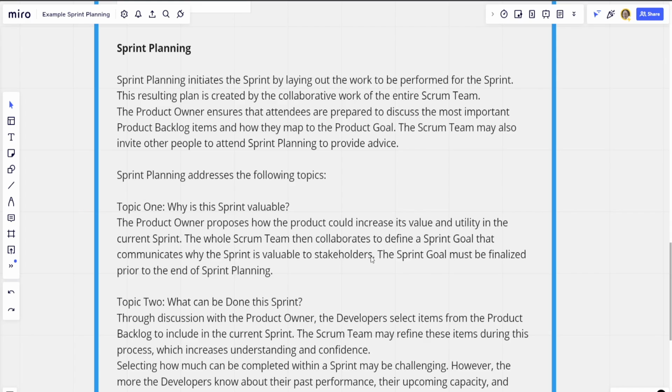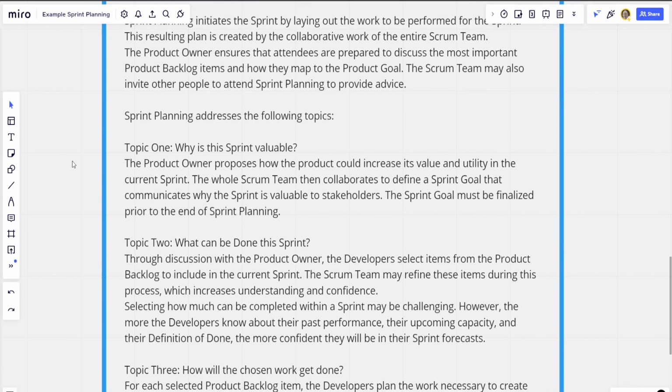On a high level, stepping back to a 101, the first thing the Scrum Guide talks about is topic 1, why is this sprint valuable? When we're using agile processes, we're trying to create a valuable increment of the product. That doesn't necessarily mean we have the full and complete product ready to go to market. It might mean that we need to create a piece of that product and show that it's valuable